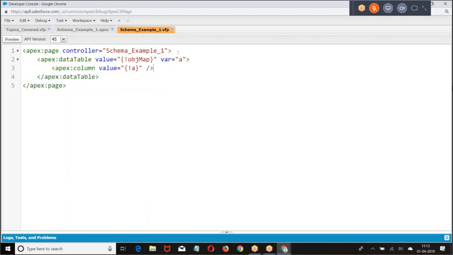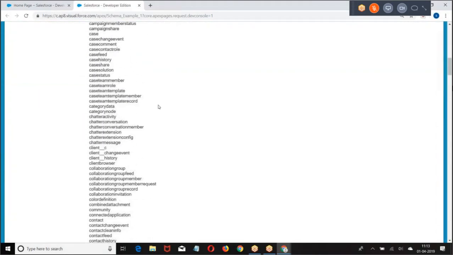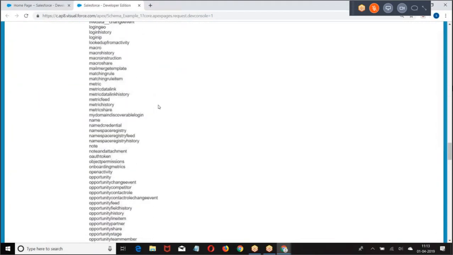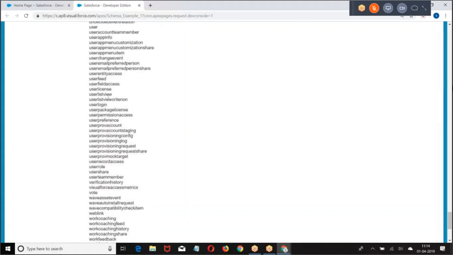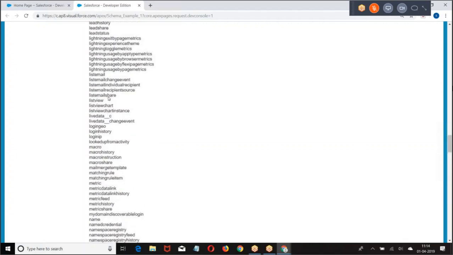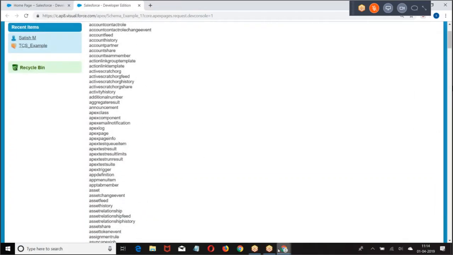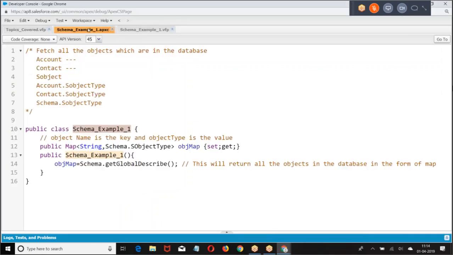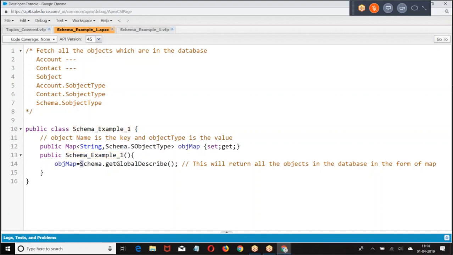So we have a data table. What happened? All the objects which are there in the database, we fetch them. So what we are doing here?